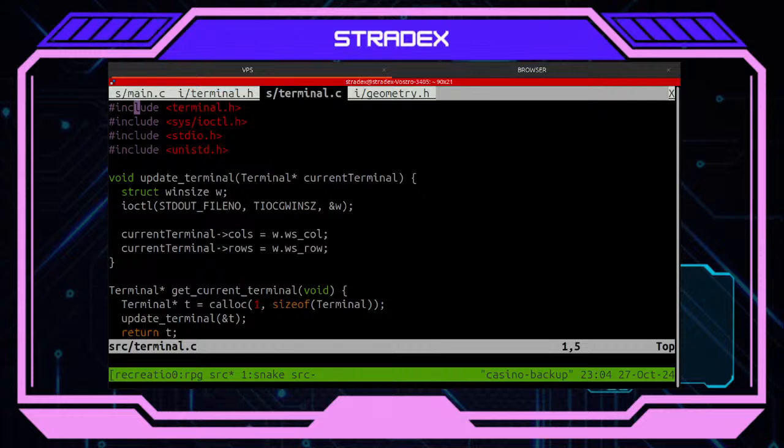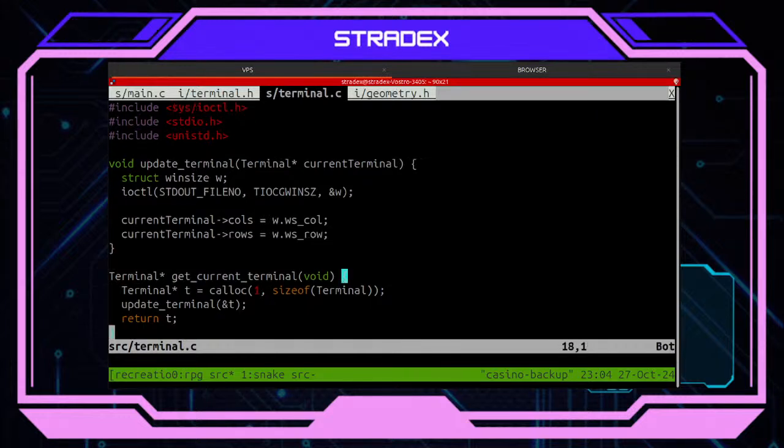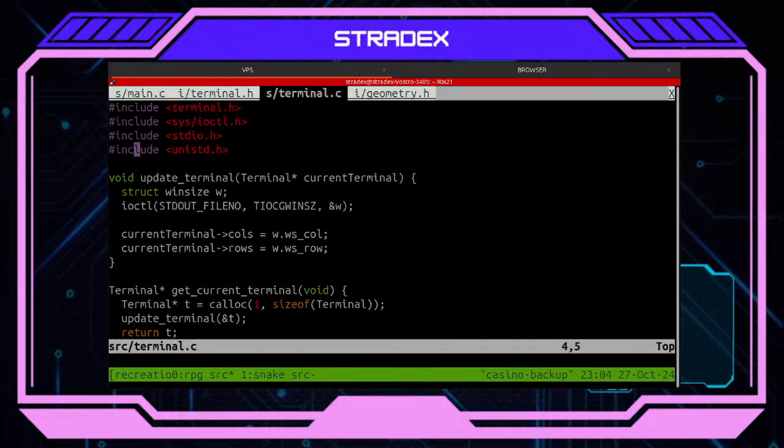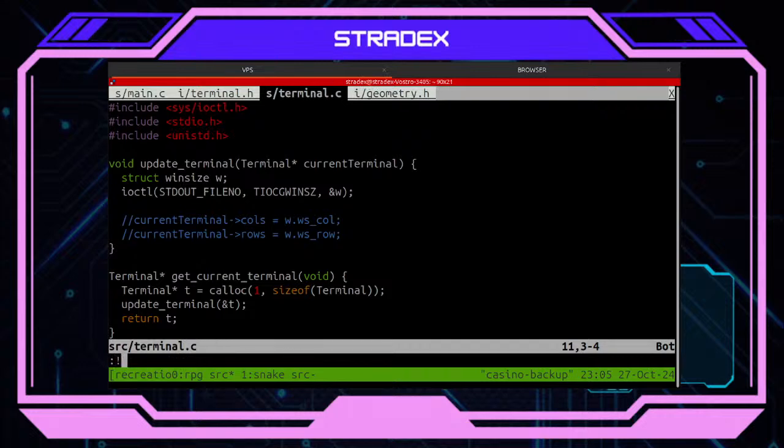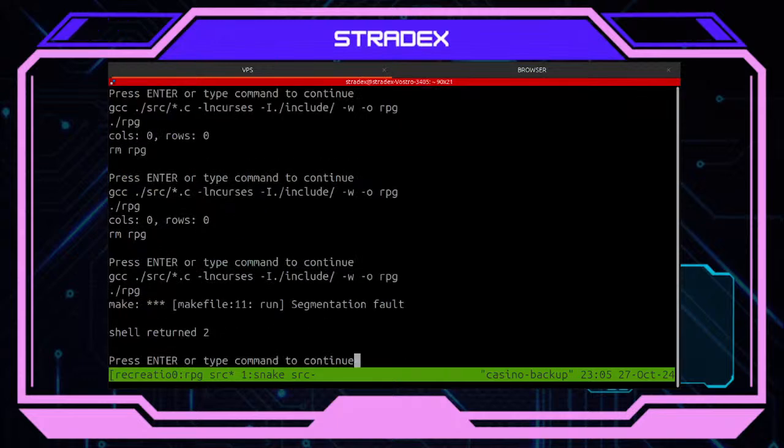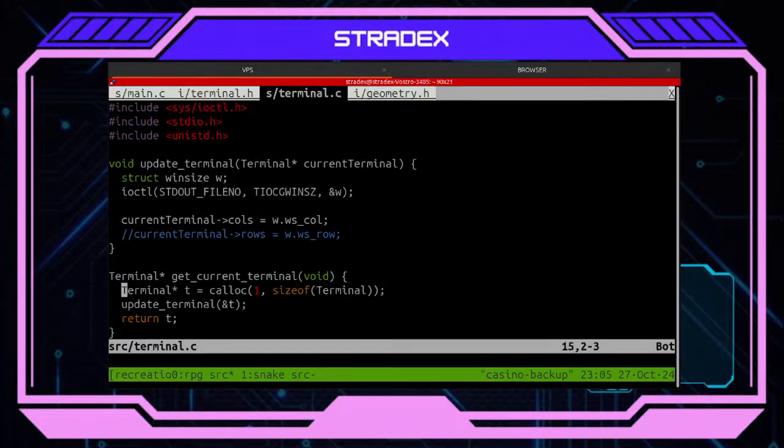Okay, I'm back. So I got a segmentation fault. Why though? I wonder if it's because of this. Yeah, it's because of this, it seems.